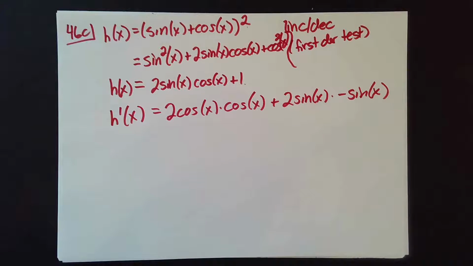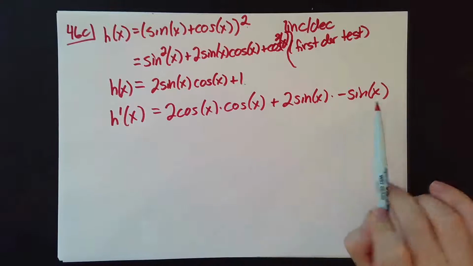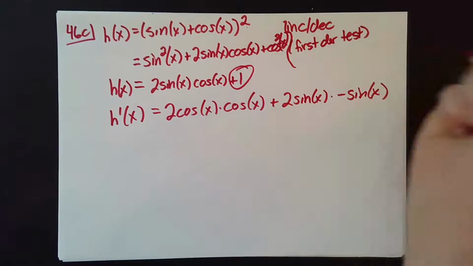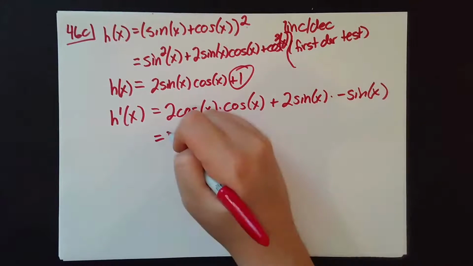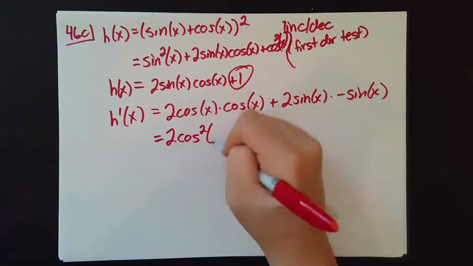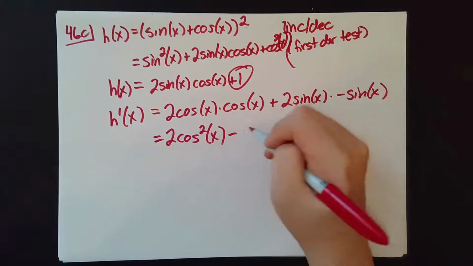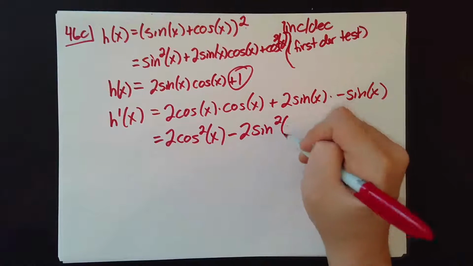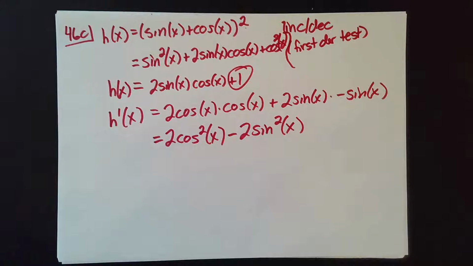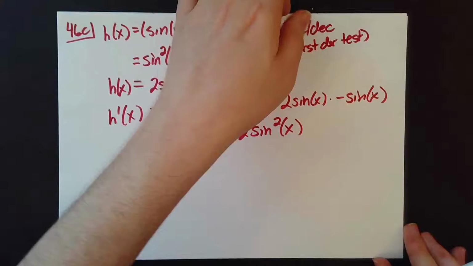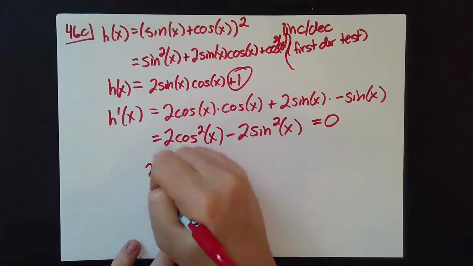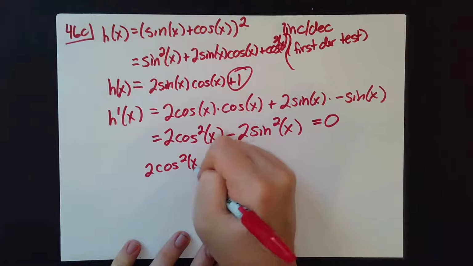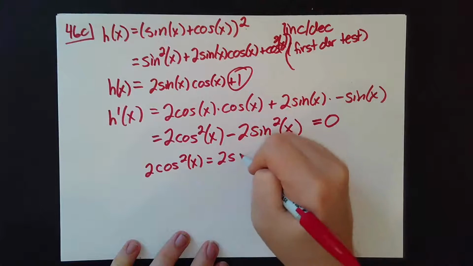Okay, so if I use the product rule here, I get this. Note the plus 1, the derivative is 0 because it's a constant, so that's just going to drop out in this piece. So this will end up being 2 cosine squared of x minus 2 sine squared of x. And so we can solve for when this is 0, which is going to look like 2 cosine squared of x is equal to 2 sine squared of x,